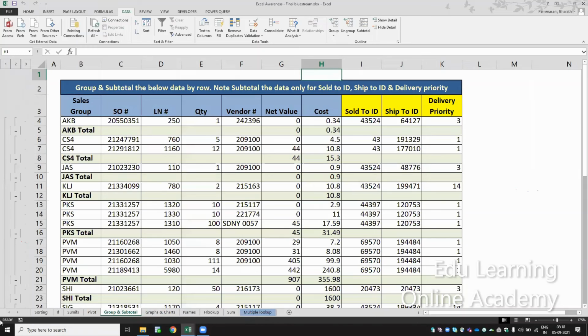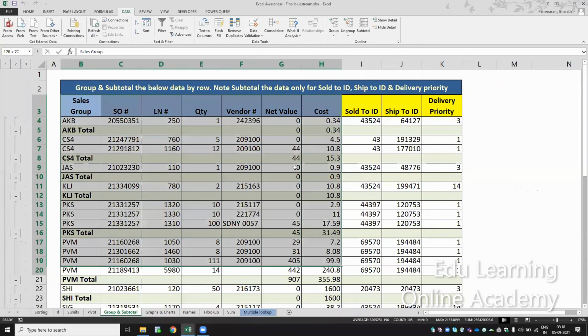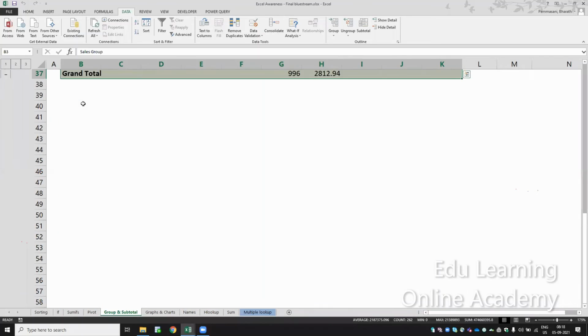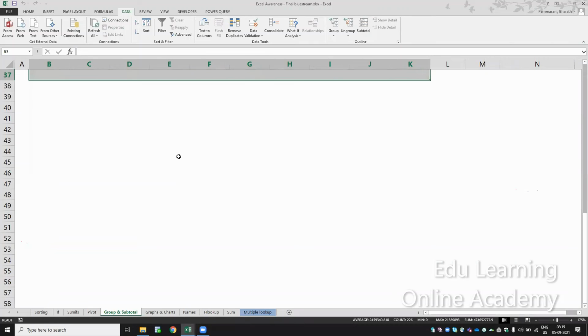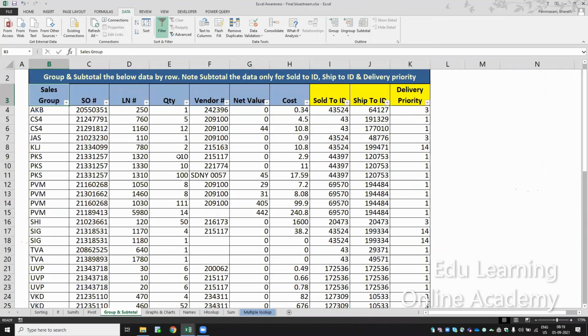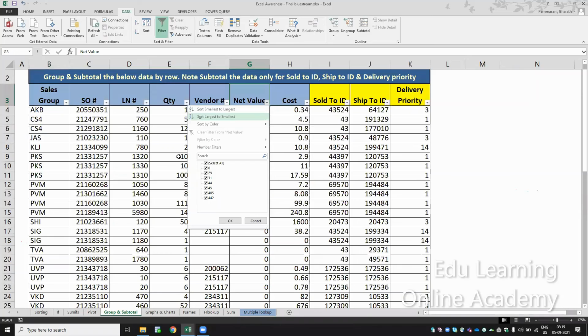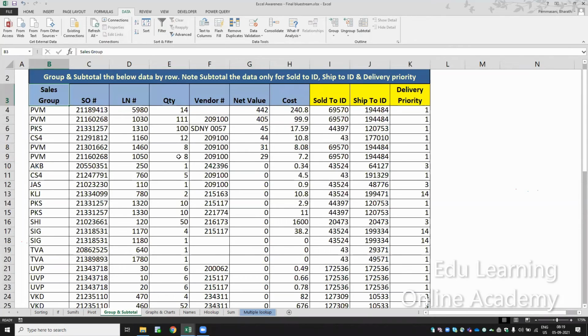So what I'll do is now I'll remove all the groups here. So how do I remove? I'll just go to Subtotal, Remove All. I just removed all. Try to practice by your own. First, I'll keep it in another sorting manner, sort from largest to smallest. Try to sort this one and do it by yourself.